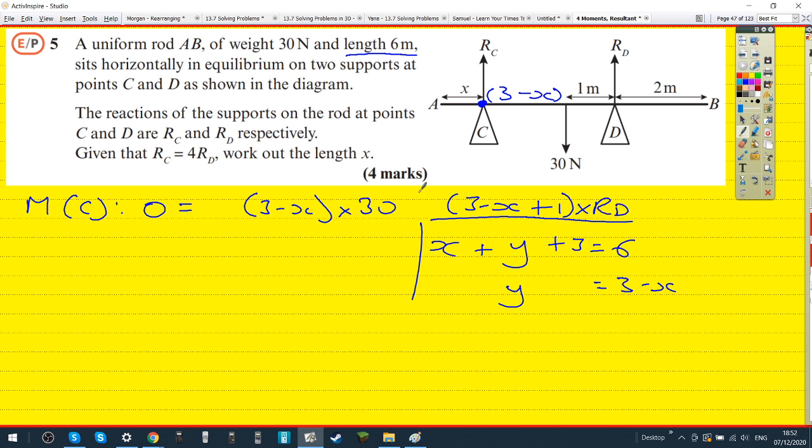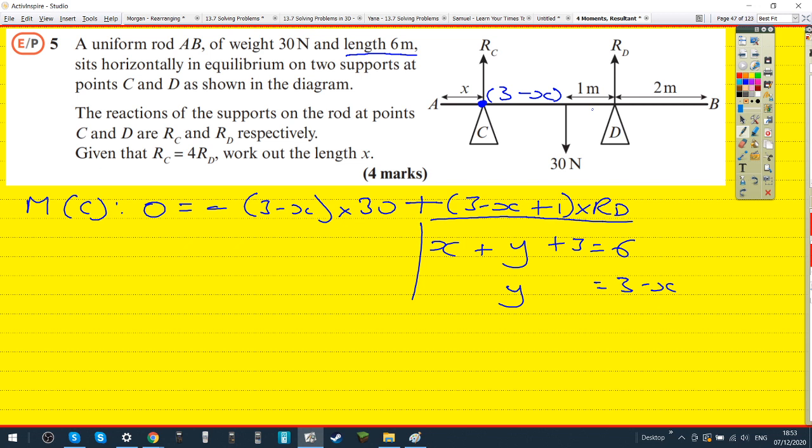So which of these is plus, which is minus? First is plus, second is minus. First one is clockwise. Okay, so that first one's minus, sorry. And also the plus, yeah. Okay. And then